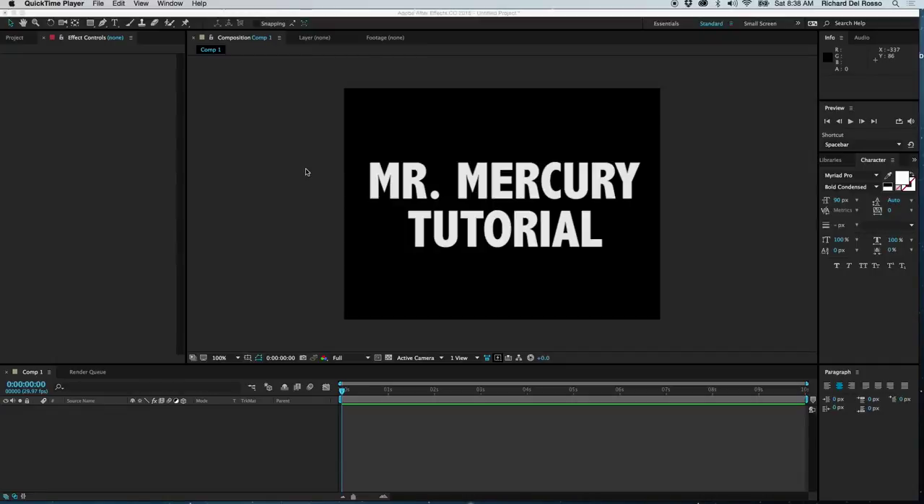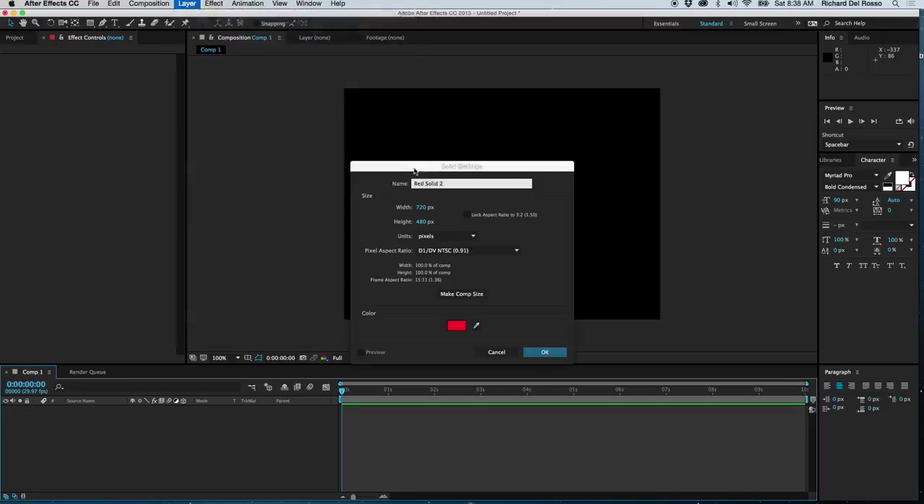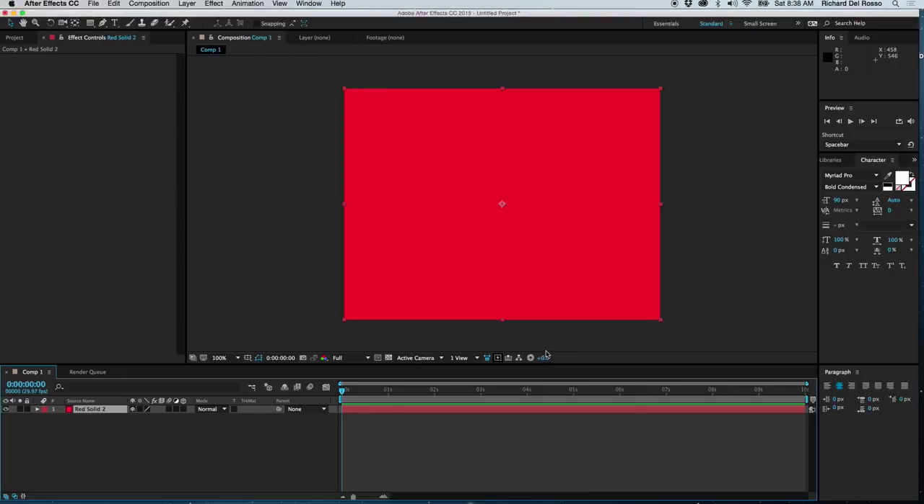I'm going to use After Effects to create a fluid along the path. We're going to be using the Mr. Mercury filter. We're going to get started with a solid layer. So I'll go up to Layer, New Solid. And the color is insignificant because we're going to develop a path first for which the fluid